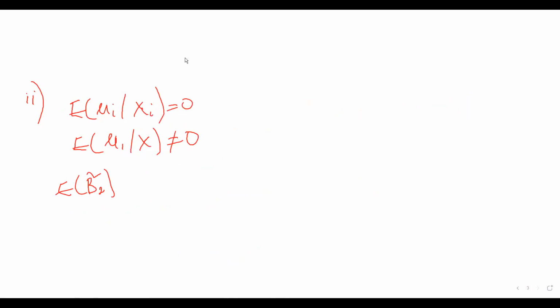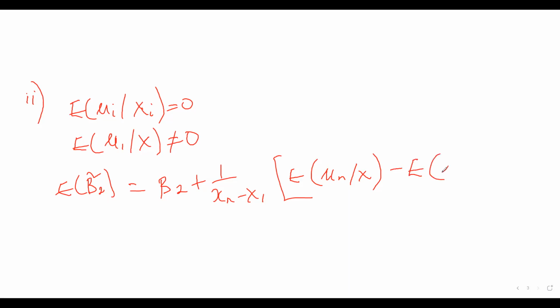So what's going to happen there is that we are going to have beta 2 plus 1 over xn minus x1 times the expected value of un given x minus the expected value of u1 given x,